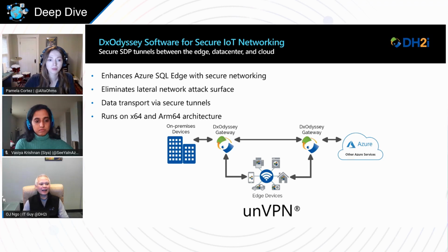So, DxOdyssey. DxOdyssey is a software-defined perimeter solution. What that means is it's a technology that allows you to secure your perimeters. You define the perimeters and then you secure them. And it's software-defined, which means it is software-based. You can take the package, install it on whatever device you like or have access to, and turn it into a secure gateway, allowing things in and out at the